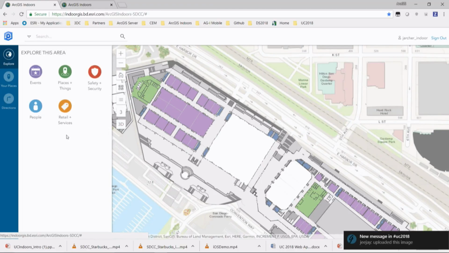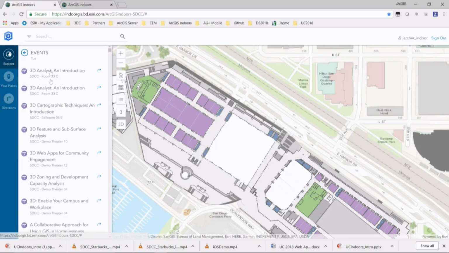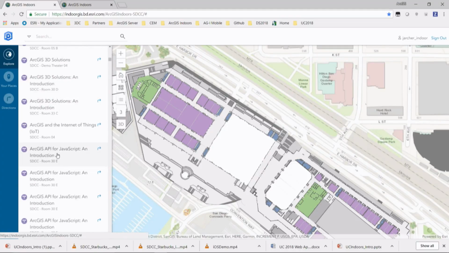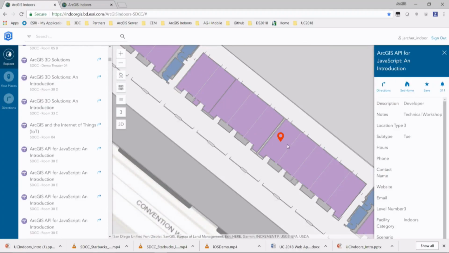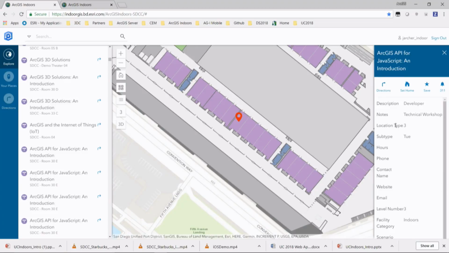So I can also, the icons and categories that Craig went through in the desktop, those just come through. I can access, say, the events here this week. I can look at what's going on today. Let's just pick a good one. JavaScript introduction. That's not bad. So I can see where that is. I can see it on the map. I can see generally where that is in the hall.